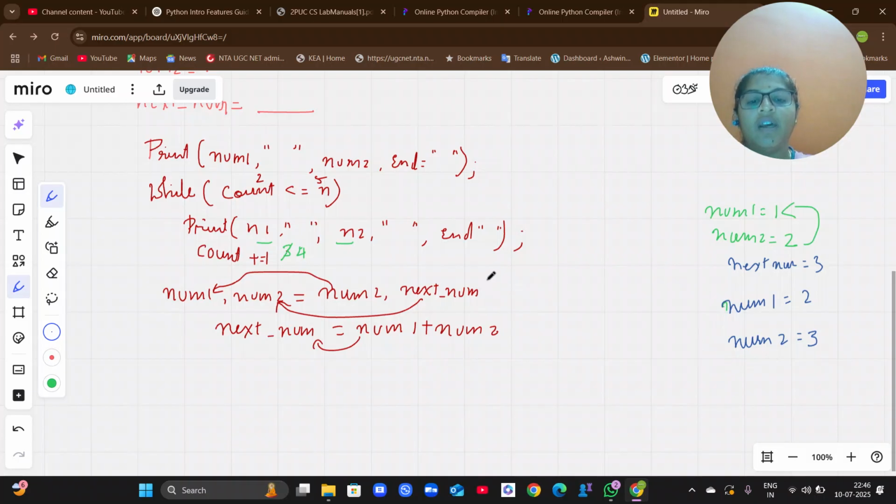Remember that here we are doing the swapping. Again, I'm going to add my num1 and num2, that is 2 plus 3. 2 plus 3 will be added to 5. It becomes 5. My new num1 and num2 will be printed. Like this, it keeps on going up to n value 5. Once n value is up to 5, it is going to execute this particular while loop. Once it is executed, it will come out of the loop and show you the output. So this is how the logic works.